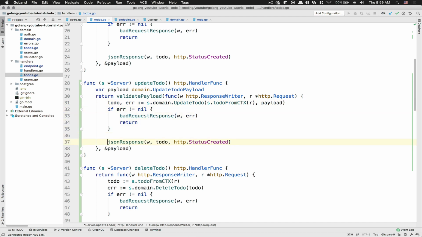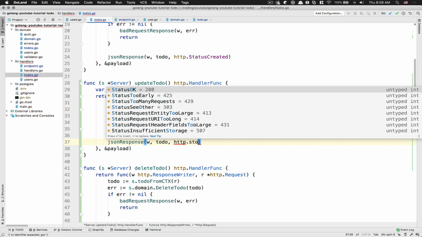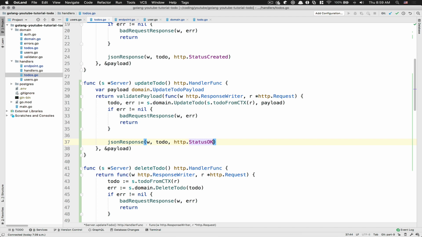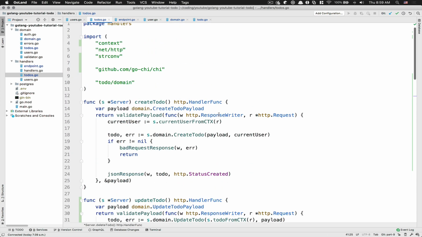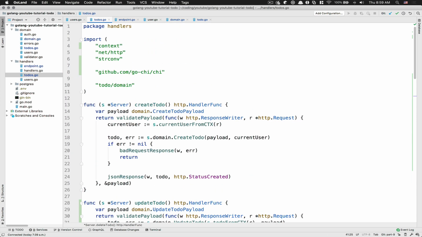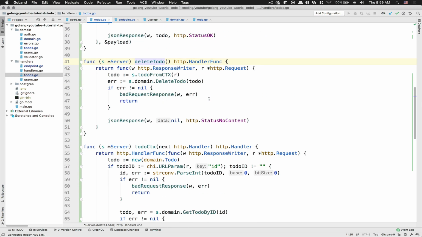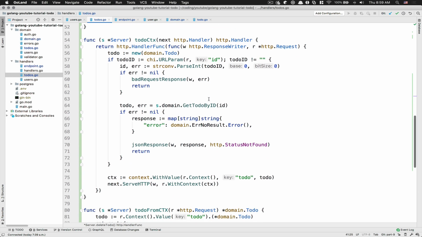And we don't want status create, we want status okay. That's it. So look at our controller route, how simple they are. Everything is injected from the domain. Now, okay, how can we do